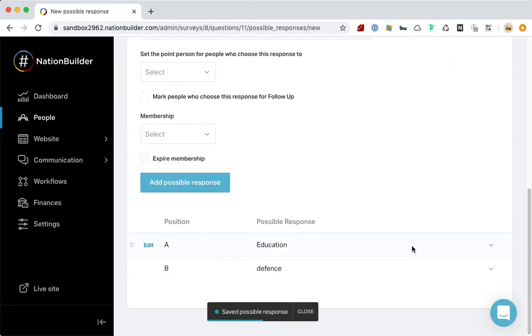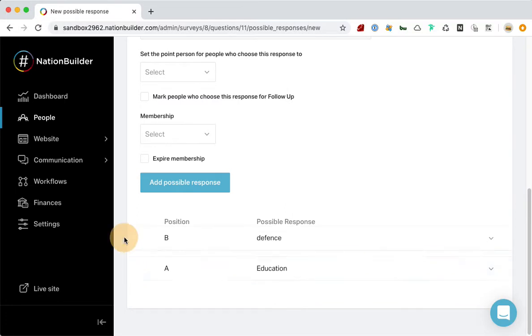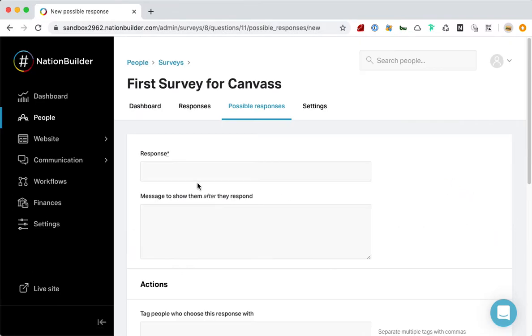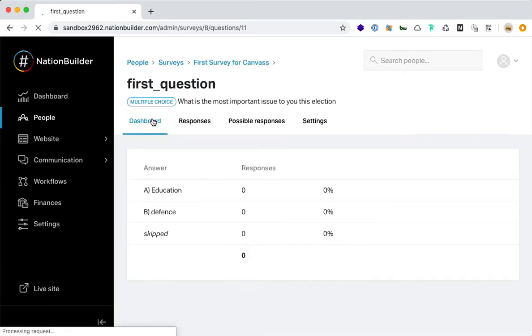So if I scroll down here, we can see that we've got our possible responses. I can drag and drop to change the order if we want to make them option A and B. We can delete them if we want, or we can go ahead and add another one. Now if we want to add another question, we click the dashboard button